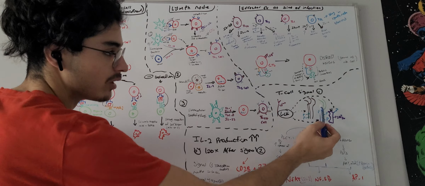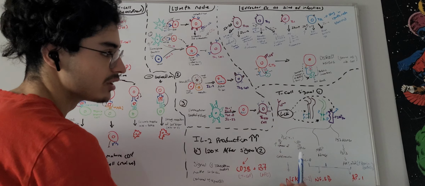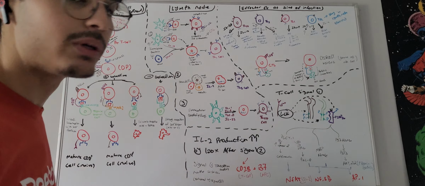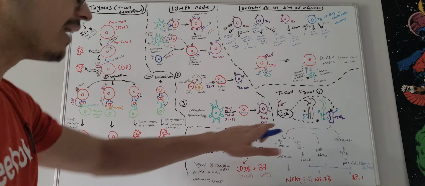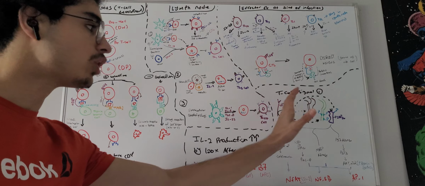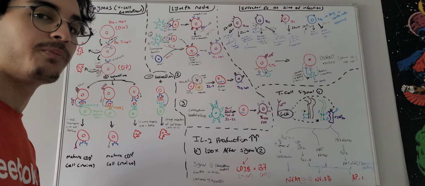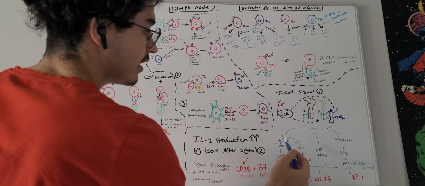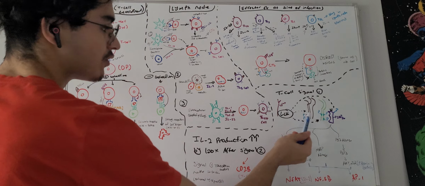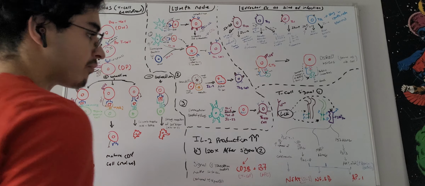What is this brown thing? What is this green thing? This green thing is our zeta chains. This brown thing is our CD3, okay? So LCK, it gets brought closer to these guys. Once it gets brought closer to these guys, what is it going to do? It's going to phosphorylate the zeta chains, okay? And it's going to phosphorylate the CD3 chain. Once it does that,